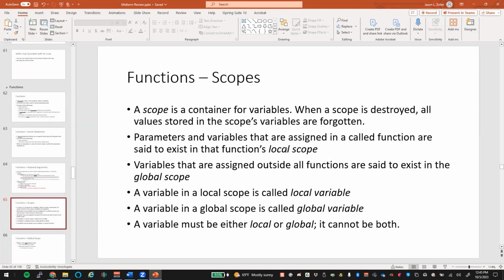All right, scopes. Real quick, all you have to know on scopes is if it's outside of the code, it is global or local? Global, right? If I am inside of a function, a variable is considered local. If I want to access a global scope variable inside my function, I have to use the